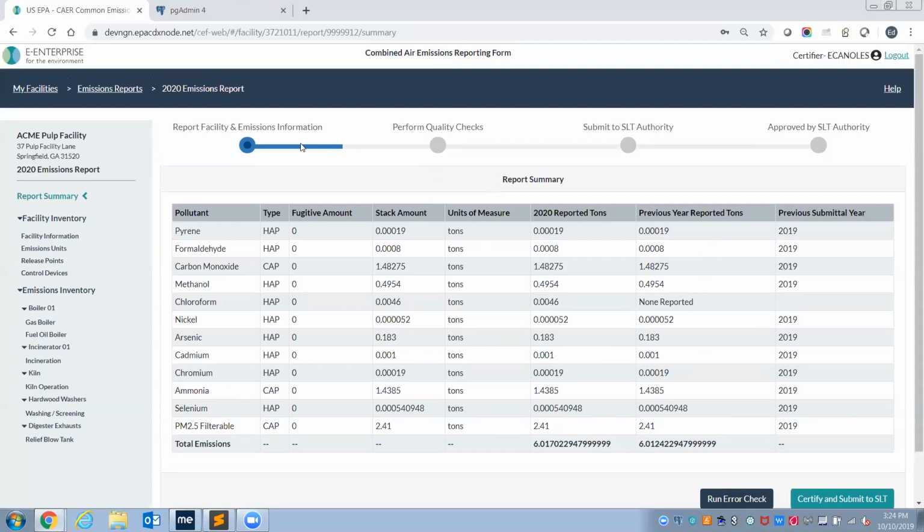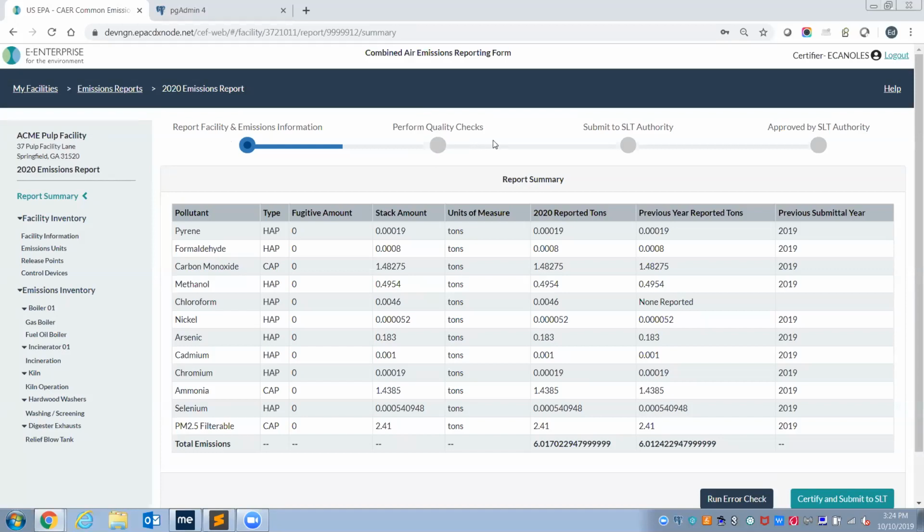At the top of the screen, we have our life cycle for the report. There's only 4 stages. As William mentioned, we've tried to keep it simple. So the first stage is just submitting your report, entering your facility information and your emissions information. Once you've done that, you must perform a quality check in order to submit. And once you have passed the quality check, and you may have a few warnings, but as long as you don't have any errors, you're not missing any required data, or the data isn't outside of any boundaries that it should be, this section of the progress bar will light up, and you'll be allowed to submit onto